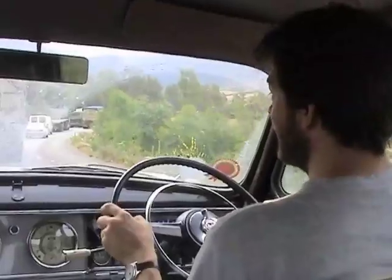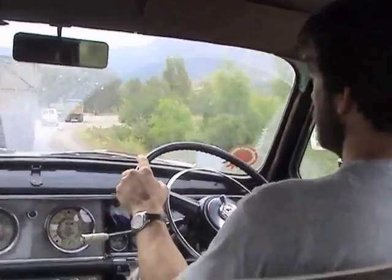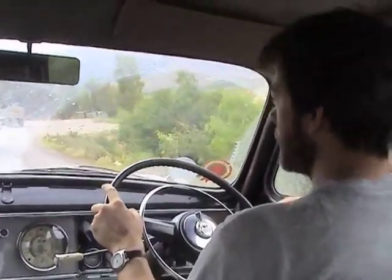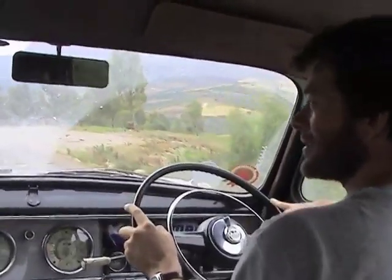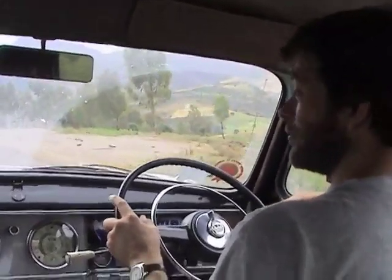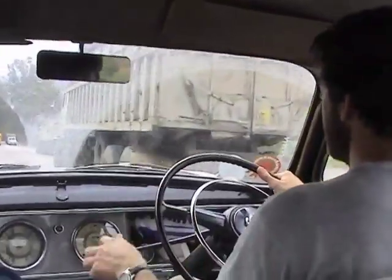This is our last day in Algeria. We crossed the border to Tunisia this afternoon. We're just driving up from Constantine to Annaba. We're hoping that the driving standards will improve in Tunisia, because here it's like wacky races, and we'll be quite relieved to have survived the experience. Here we go. Oh